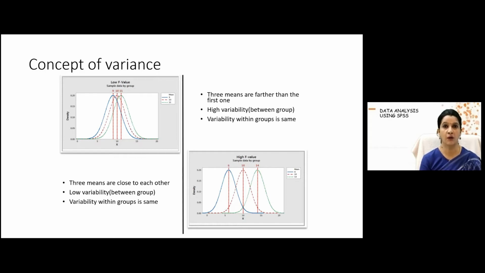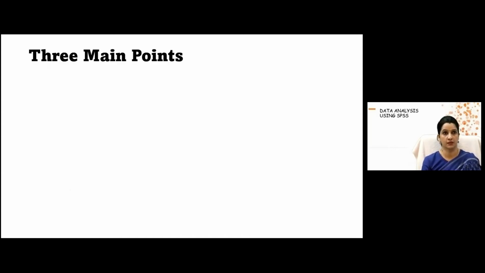Okay. So now I think I have made myself clear regarding within-subject variability and between-subject variability. And the F statistic is the ratio of these two values. Later, in logistic regression and linear regression, we also apply this ANOVA, and there it also gives you the F statistic. So the concept of the F statistic is important here. Why? Because here there are more than two groups. That's why the concept of variance between subject and within subject is important.